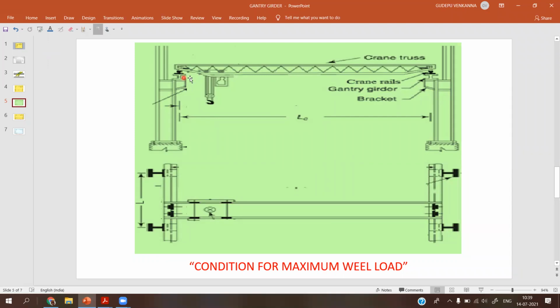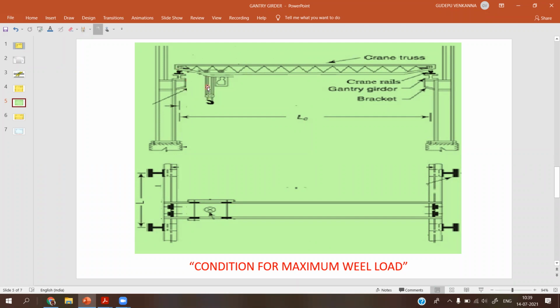But we have the problem that the crane girder has a maximum crane approach only up to this distance, because here is a tapered section. Because of the obstruction to this gantry girder or this bracket connection, the crane girder has a sloping facility in this direction. So the maximum approach of the crane or hook to the gantry girder is only up to this point.